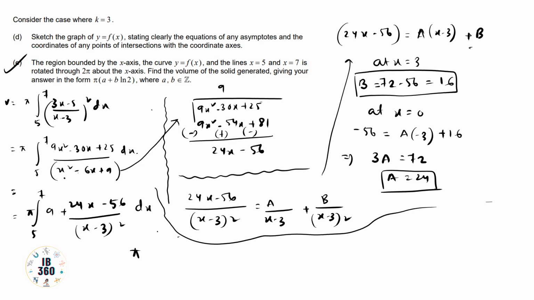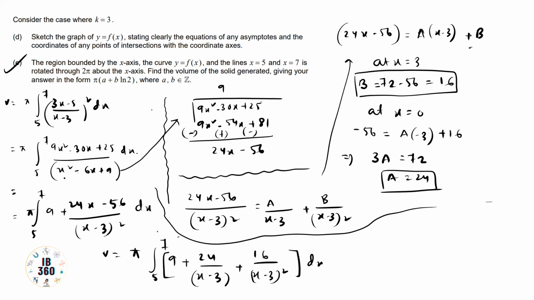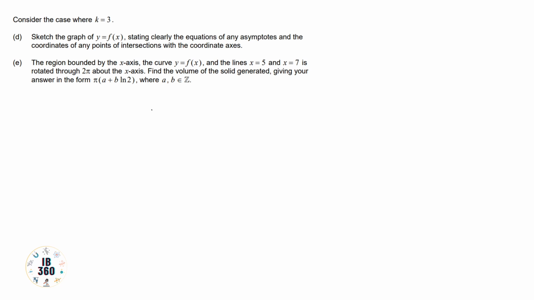So the complete integration now becomes, see the value of the integration here, V equals pi integral of 9 plus a by x minus 3, so a will be 24, so 24 divided by x minus 3, see the beauty of this equation, and the value of b is 16, so 16 divided by x minus 3 whole square, complete dx. Now see, the complete equation from here is derived to this equation. This is simply a simple equation. Now you can do this very simply. In the next slide we will do that.